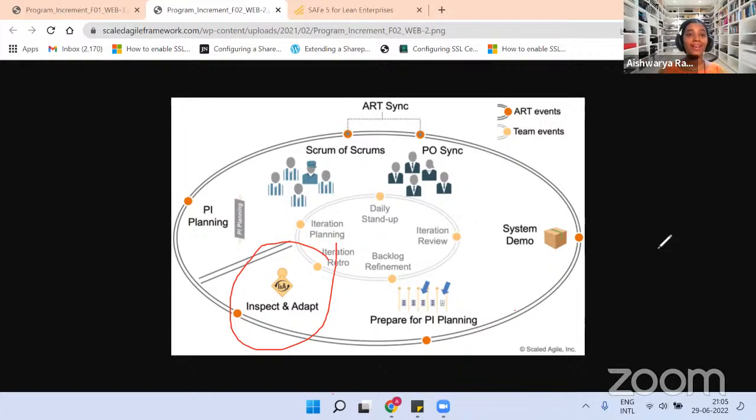Very important event. Why? This is when we are going to do the final demo for that whole program increment. If there are 12 teams in an Agile release train, let's assume there are 12 teams, right? And these 12 teams work for the last whole program increment, right? 8 to 12 weeks or 10 weeks. Let's assume 10 weeks. So 12 teams worked for last 10 weeks, and that work is going to be integrated. And that integrated system will be showcased as a demo during the inspect and adapt event. And the stakeholders of the ART is going to give the feedback, and teams will note it down and they'll try to improve the product accordingly, right? After taking the feedback,